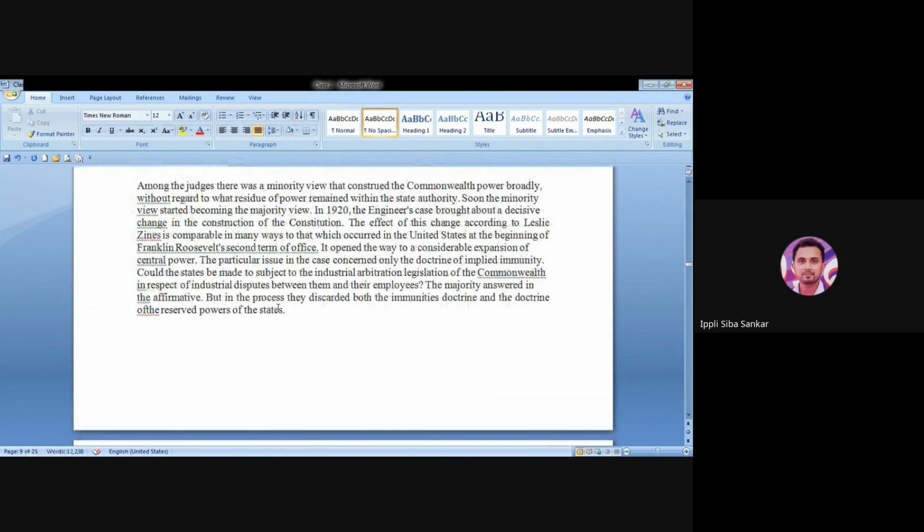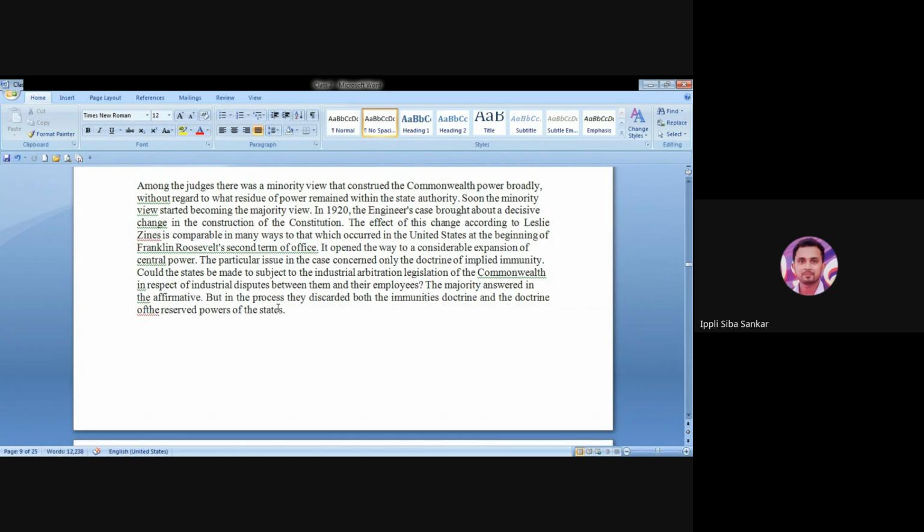Among the judges, there was a minority view that construed the Commonwealth power broadly without regard to what areas of power remained with the state authorities. Soon the minority view started becoming the majority view. In 1920, the Engineers case brought about decisive changes in the construction of the Constitution. The effect of this change,